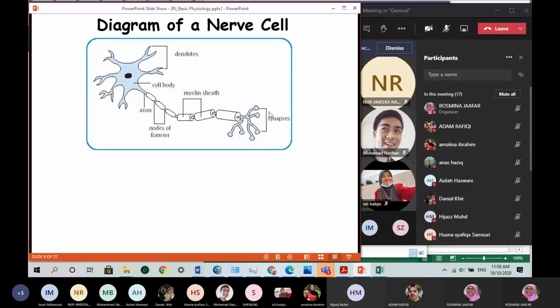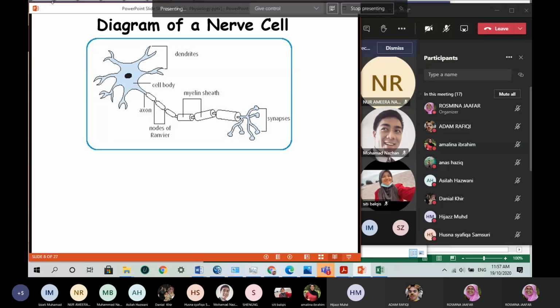So changes will happen, electrical signals change to chemical, because in order for the synapse to transmit electric signals to the next nerves, it has to convert into chemical, because we have transmitters and receivers. Those are the chemical receptors. Change to chemical and then change back to electrical within the nerves. So our body is designed by our creator in such a way that it is very fine and it happens very fast.